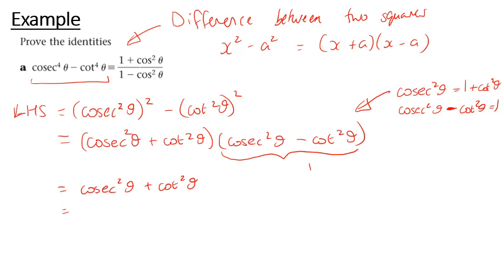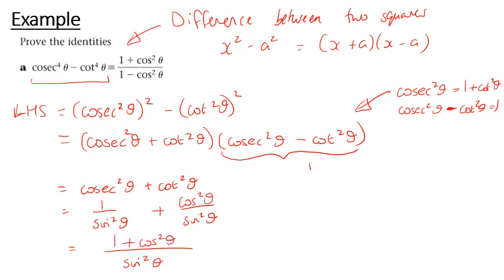Next we could put in something that we know about cosec and cot. Cosec is the reciprocal of sine, so this is 1 over sine squared, and cot is the reciprocal of tan. Tan is sine over cos, so if I do the reciprocal, cos squared over sine squared, these have the same denominator, so I can add them together. And then finally on the bottom,